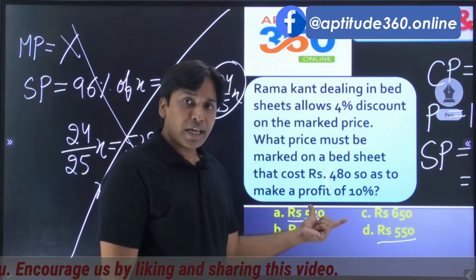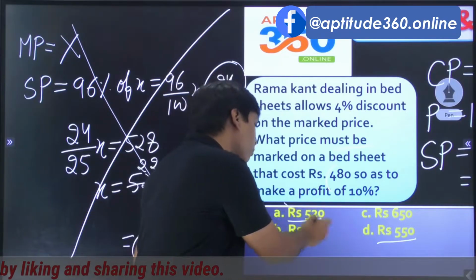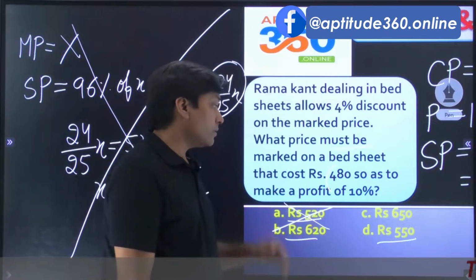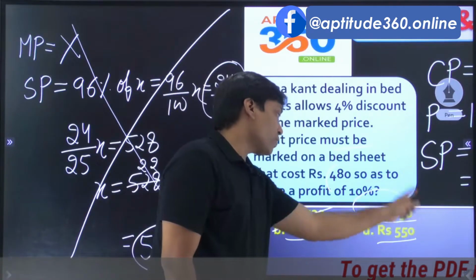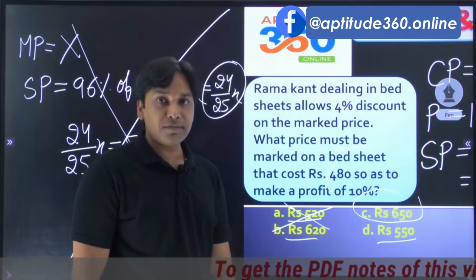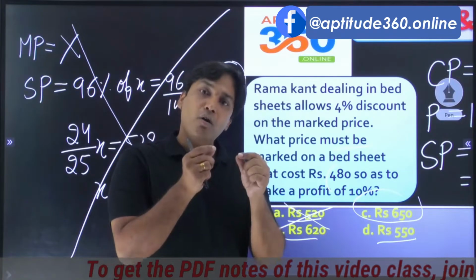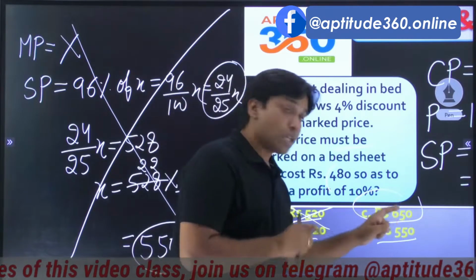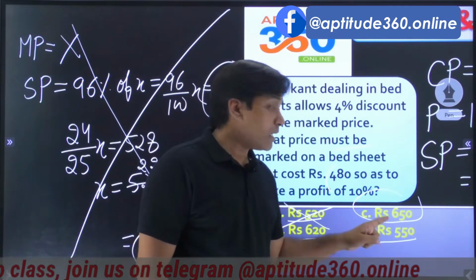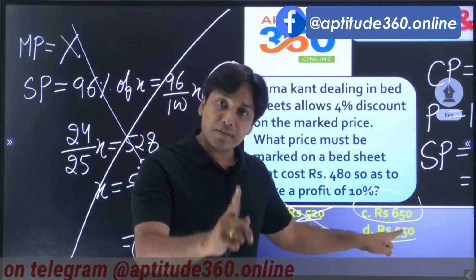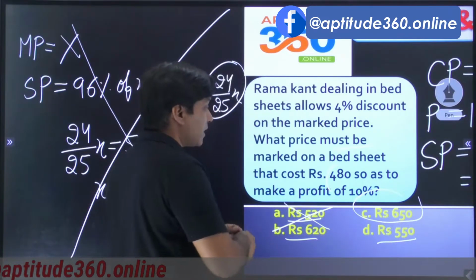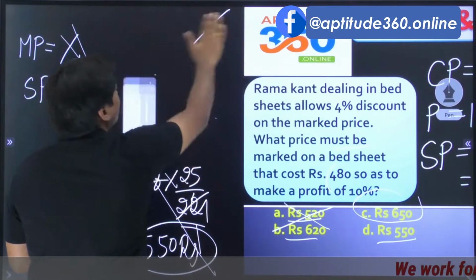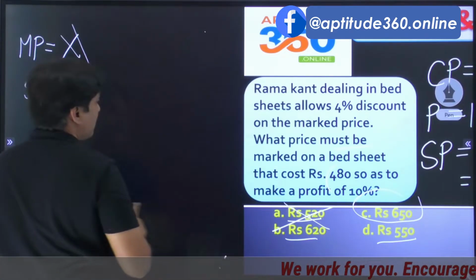528 रुपीज़ में बेचना है तो marked up price cannot be 520 rupees. This option is right away discarded. Now look at this option, 650 rupees. If 650 were to be the marked up price, what is going to be 4% onto this? That mental calculation is very much required. If 650 is 100%,